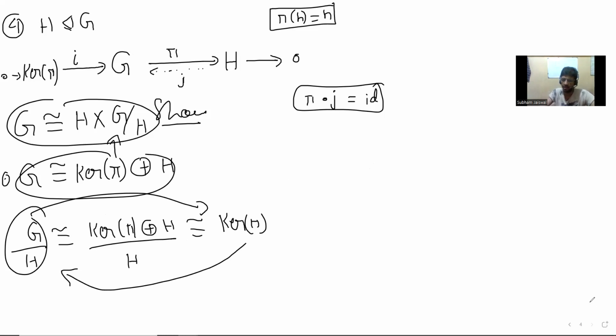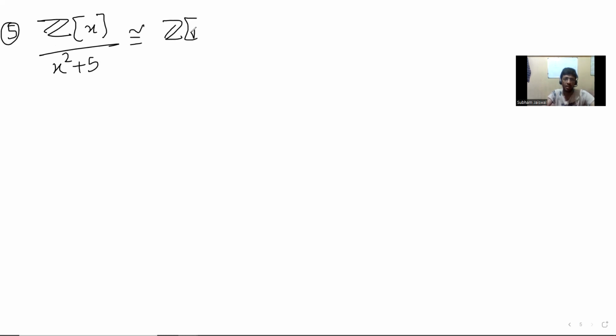All right. So the fifth question in my sheet is really just finding primes in Z[x]. What are the maximal ideals and prime ideals in the ring of integers? Basically, what we really have is x squared plus 5. Now I will assume that you know this. You can easily prove it by taking substitution at root 5, taking the kernel, and using the first isomorphism theorem, and so on.